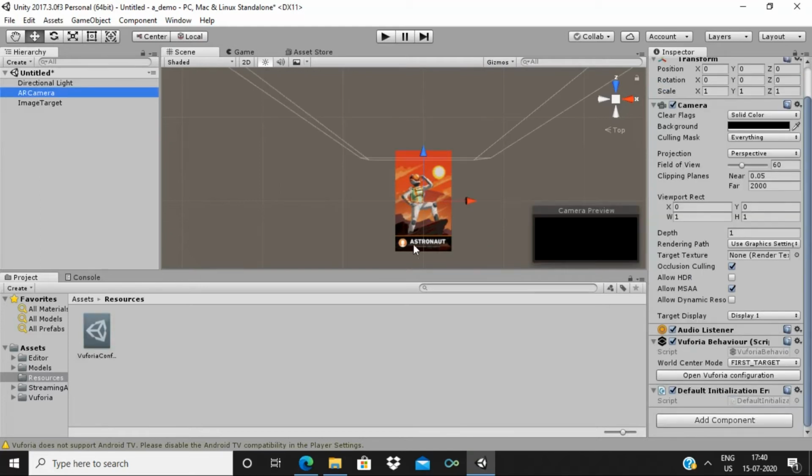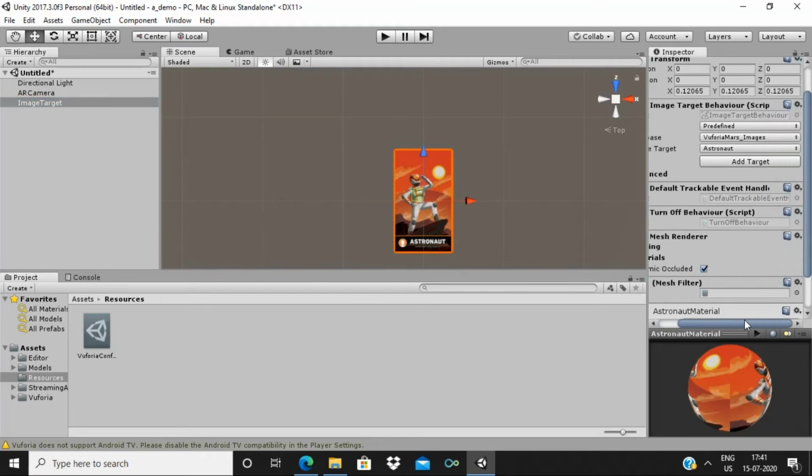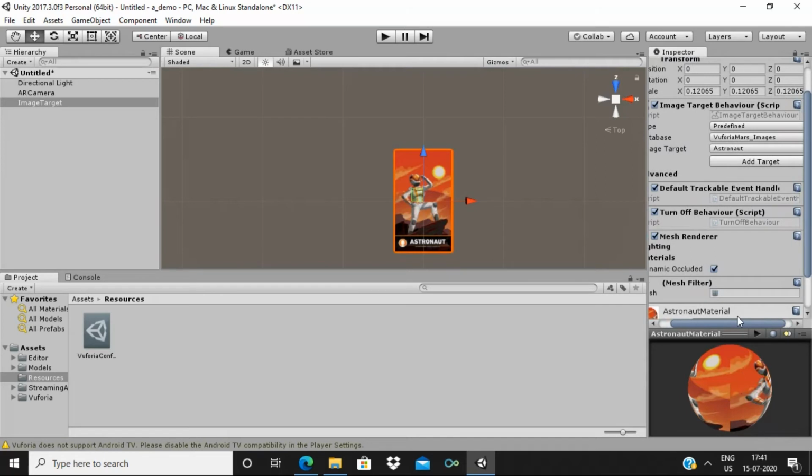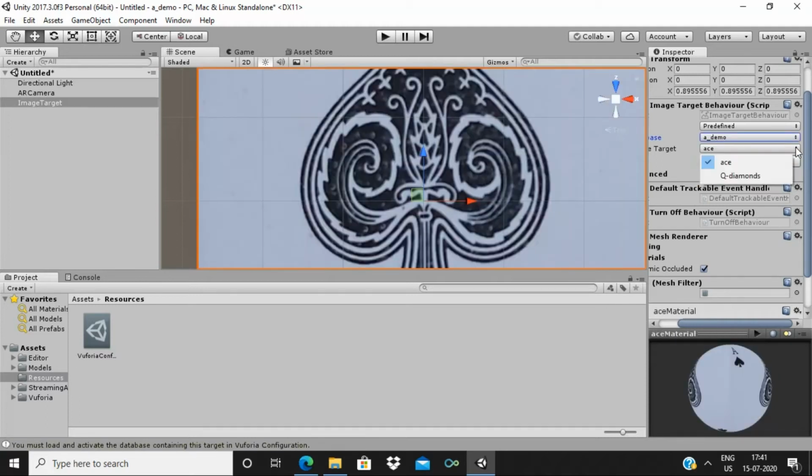Go to AR camera here, and image target. See, here we'll be having the default Vuforia Mars database, but we can see our database here, a demo, and then go for whatever you want. I want the same ace. Yeah, now zoom in on that